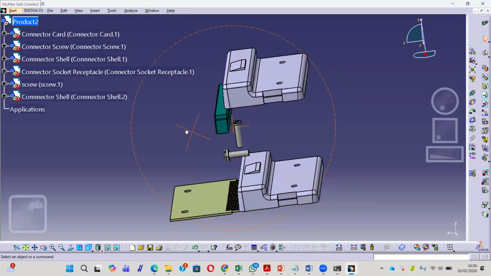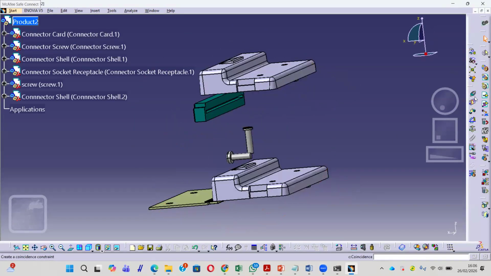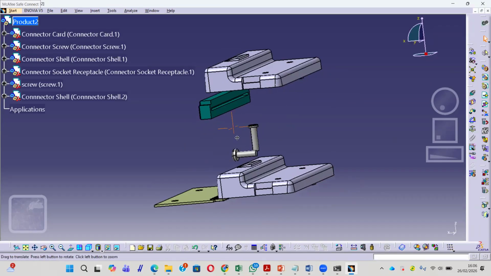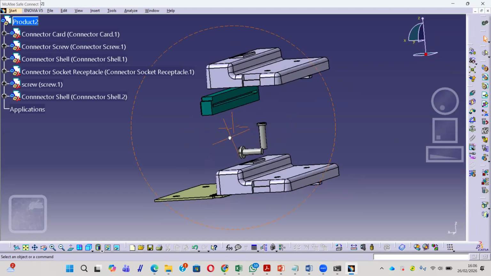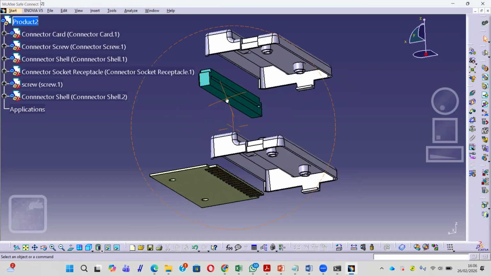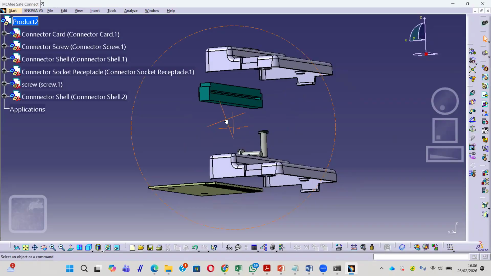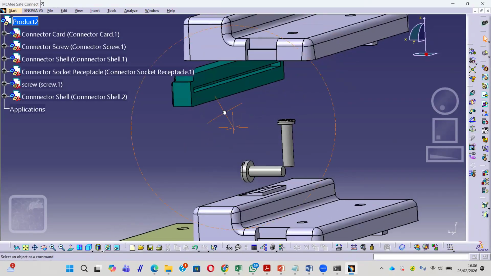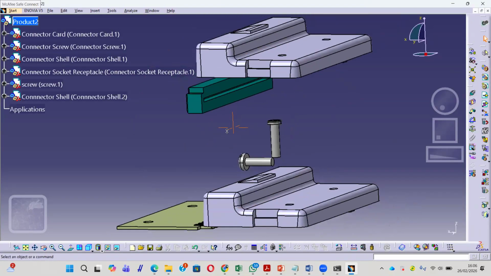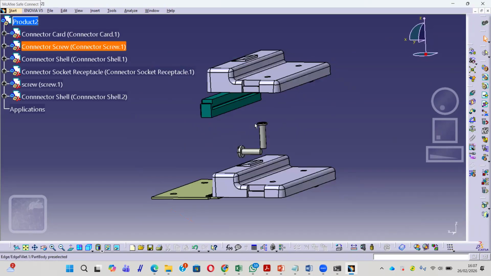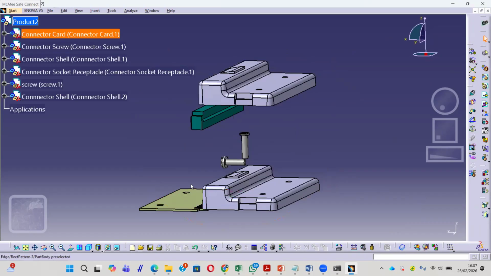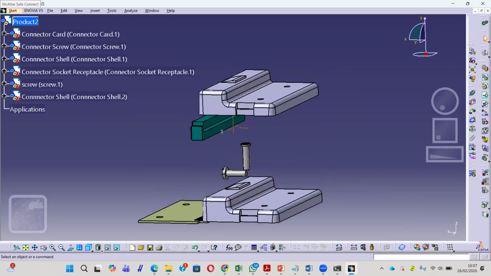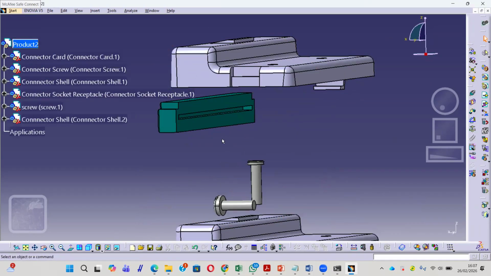Okay, at first click contact. Contact means to make a connection between two planes of the two parts. This one will connect to here.